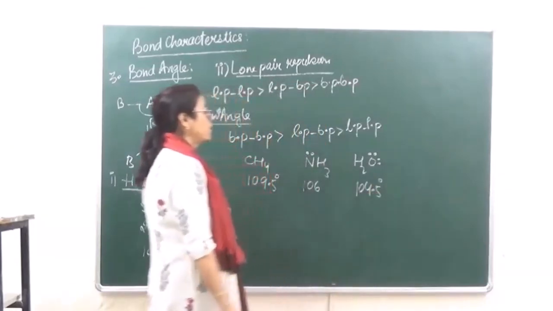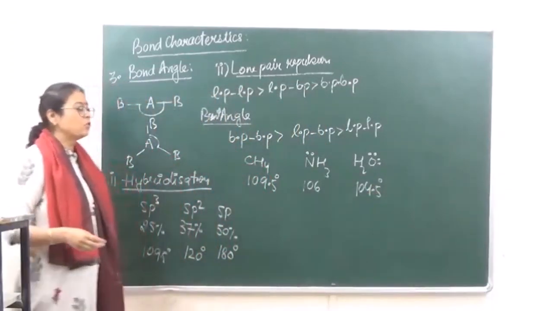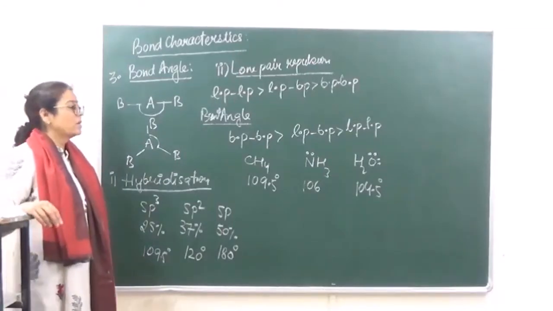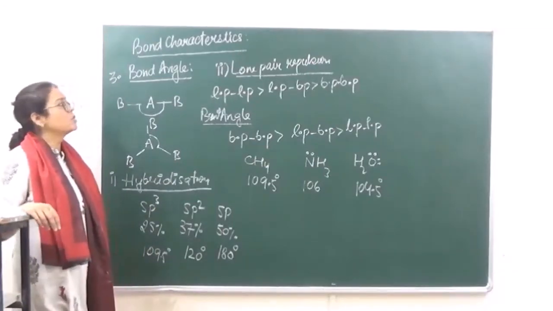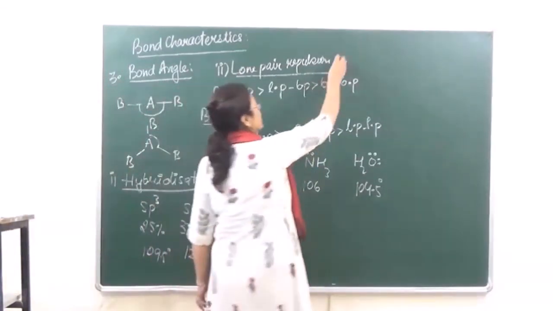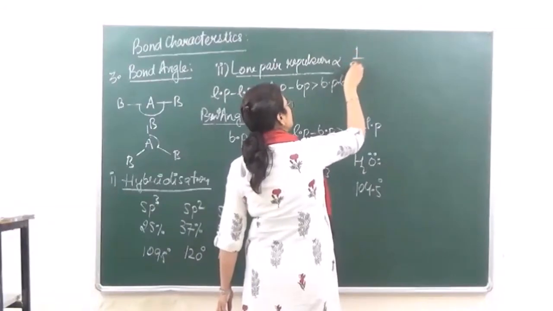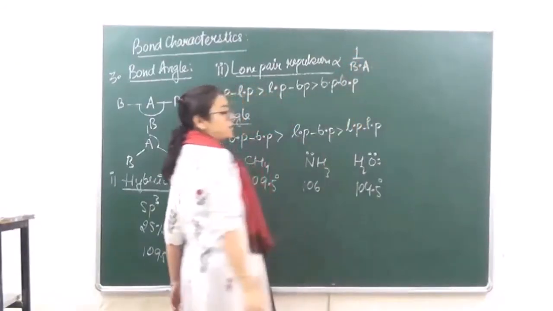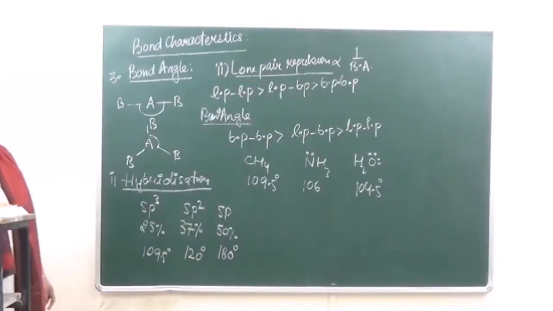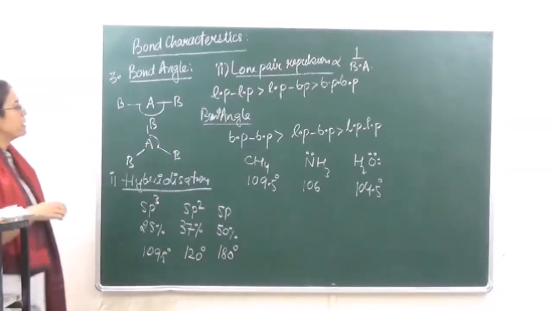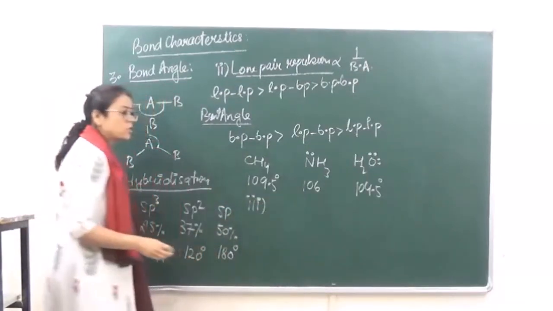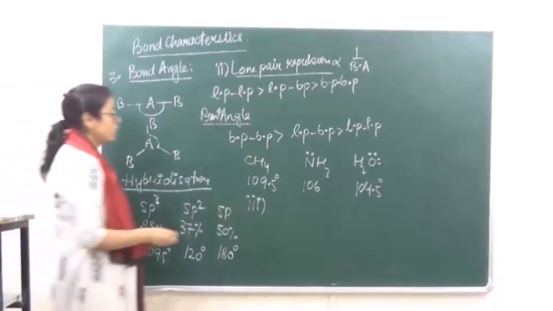Where the bond angle is 104.5. So as the lone pair increases, the bond angle is going to decrease. So lone pair repulsion is inversely proportional to bond angle. Right? फिर उसके बाद हमारे पास आ जाता है electronegativity. So all these trends you have to remember for your questions. Okay? Now when we are talking of